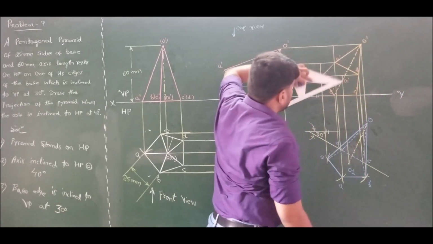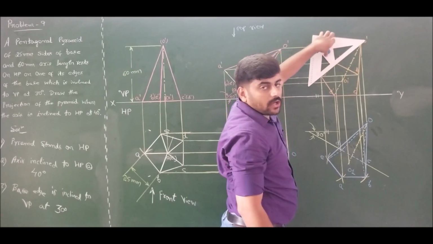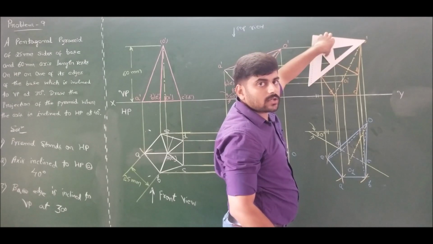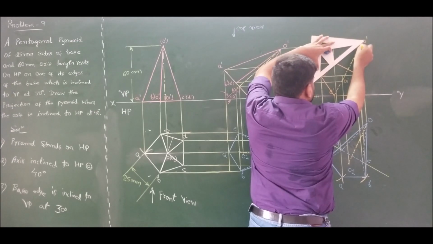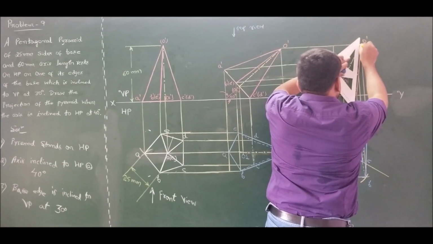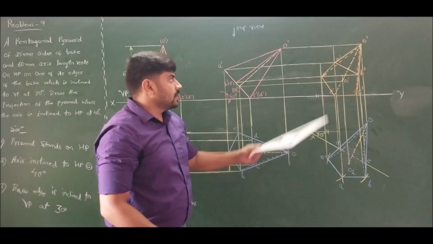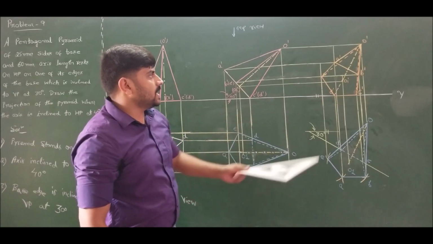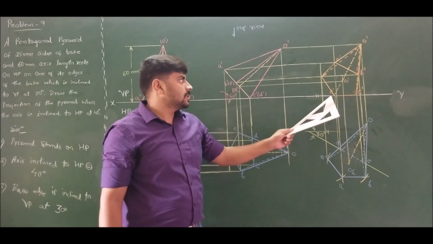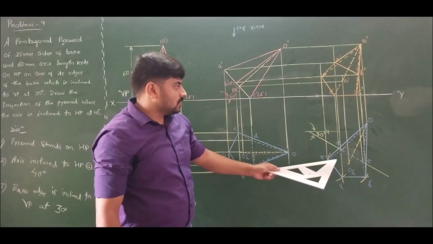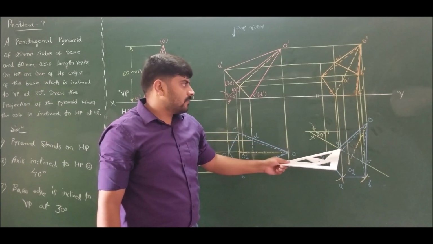Now, drawing the longer edges, it is clear that E to O is also invisible according to our second rule, common lines cannot cross over. Therefore, mark E prime O prime as invisible, and also C prime O prime is invisible. This completes the given problem in which the pentagonal pyramid is resting on HP with one of its base edges. The base edge is C prime D prime, and also initially we have marked D to O as invisible from our rule.